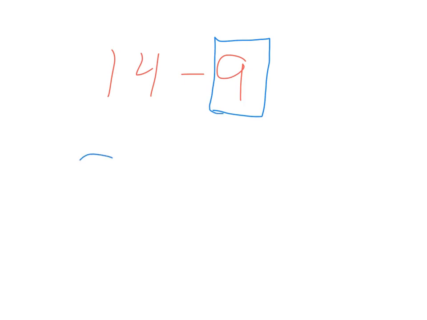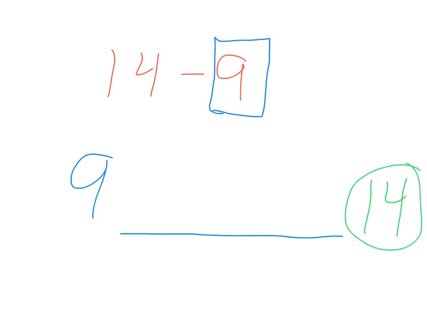So let's say we are given the subtraction problem 14 minus 9. Now, to solve this problem with counting up, I'm going to start at my lower number, 9. Now, I'm going to count up from 9 to 14. And 14, we can say, is my final number, my finish line. So I'd start at 9, and I'd go 10, 11, 12,